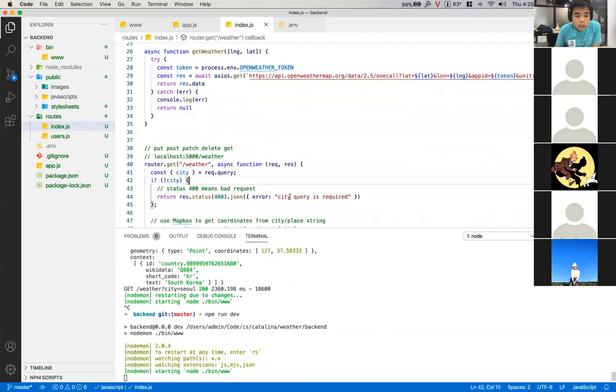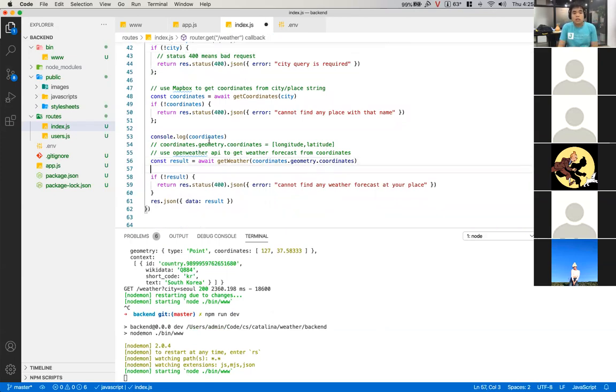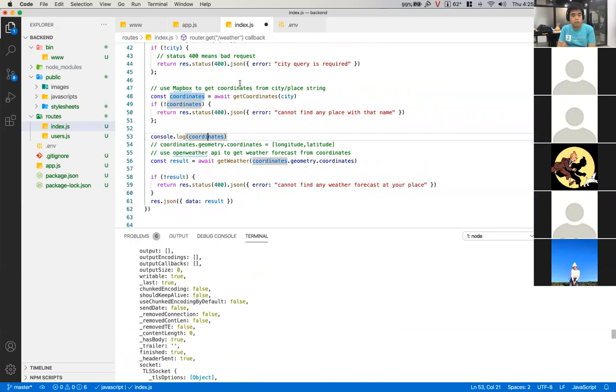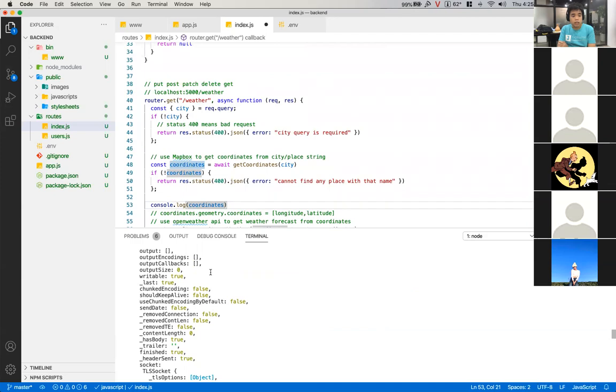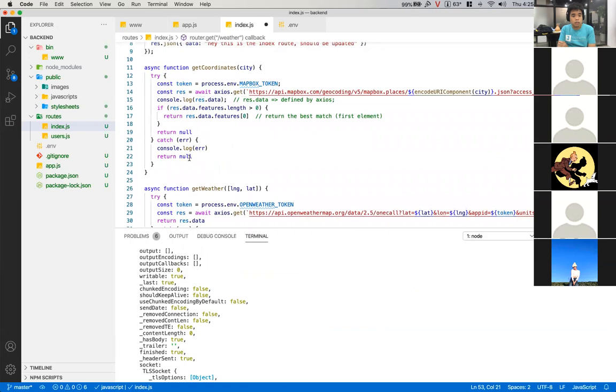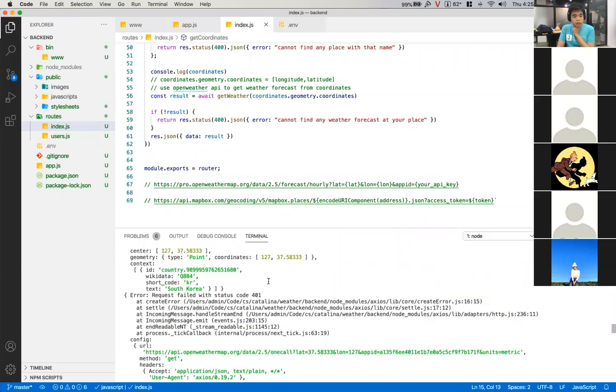I mean, when I call it, yeah. So coordinates here is just an object of a bunch of keys. So why do I have a request here? Where is this coming from? Oh, I need this. Why do I have this? Anyway,